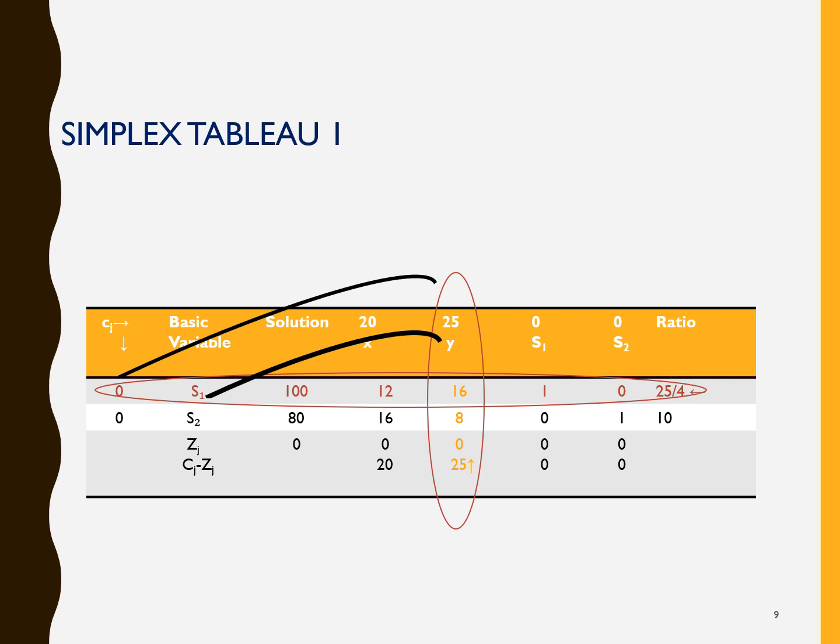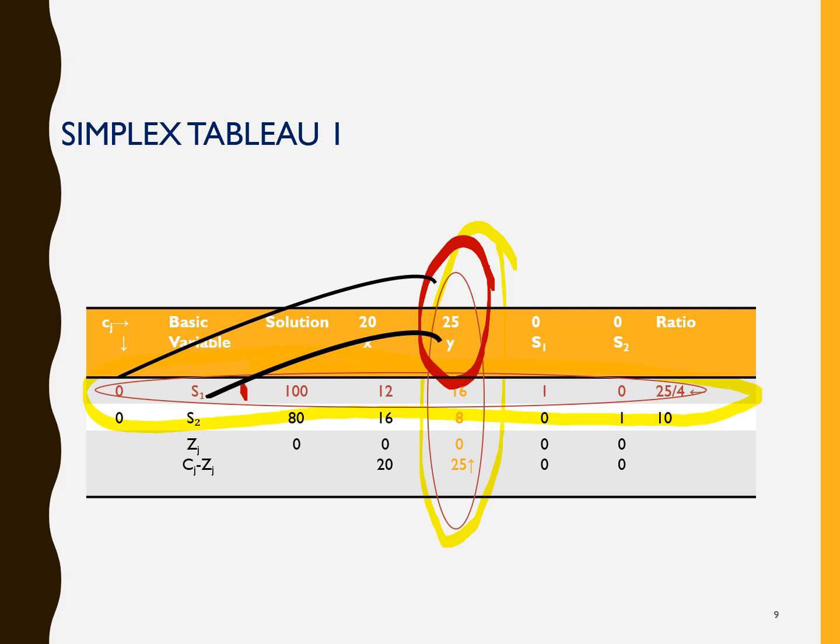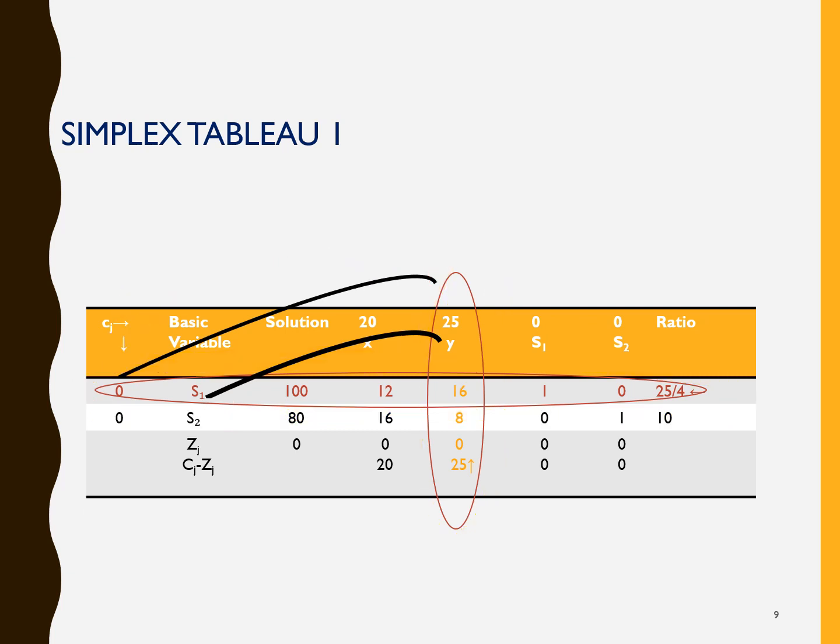Every time we formulate a new simplex table, the relevance of the key column and key row is also to replace the basic variables. Say for example here, we have this key column and we also have this as key row. So whatsoever comes in place here, 25 and y, would be here. Instead of this 0, this will now become 25, and the next one would be this y coming on to this place of S1.